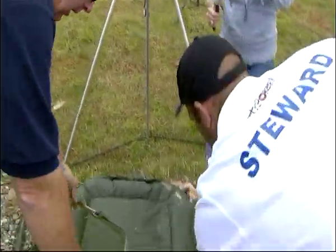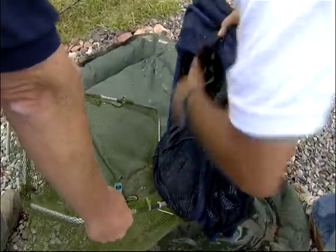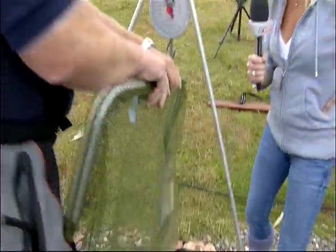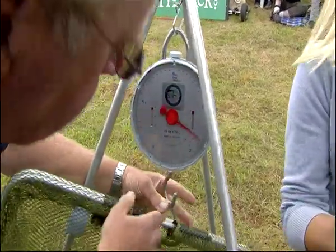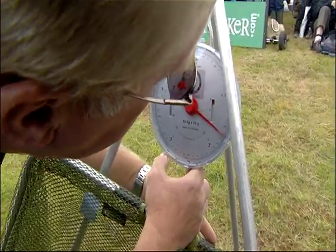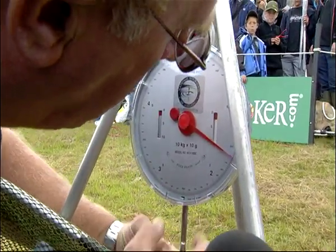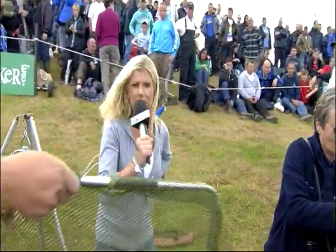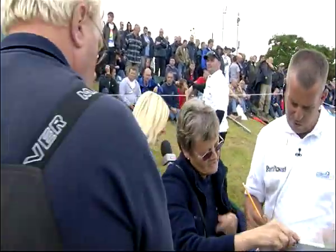All right, Mark, let's see what you've got. I wonder, is this going to change second and third placings? Because there were only a couple of kilos in between them, so let's just see what this one comes in at. One kilo, 610. Let's just try and get some confirmation of that, but I suspect that could well change second and third placings. But in the meantime, we're going to have to leg it over here